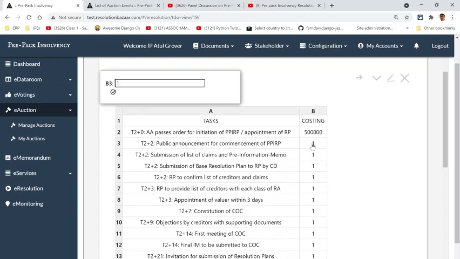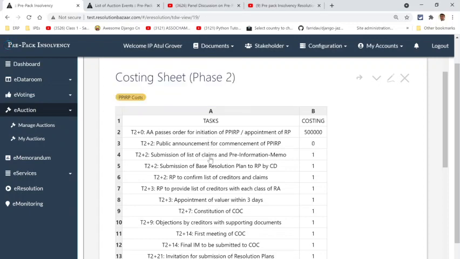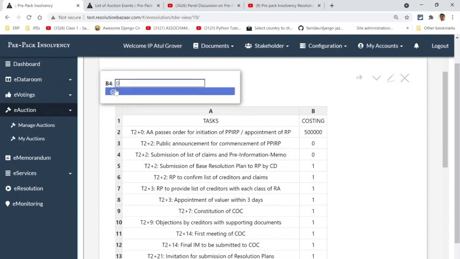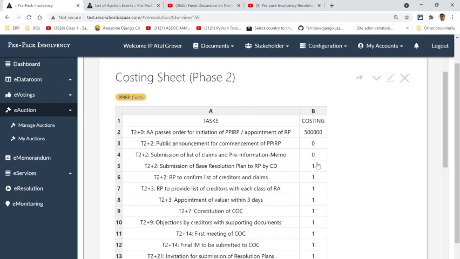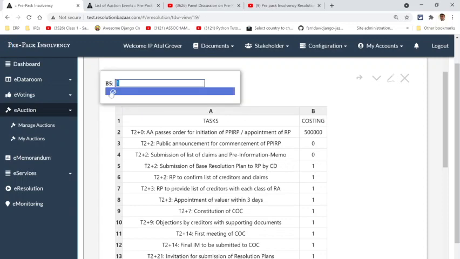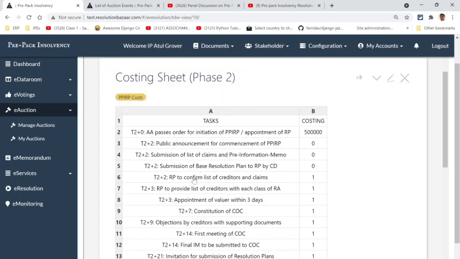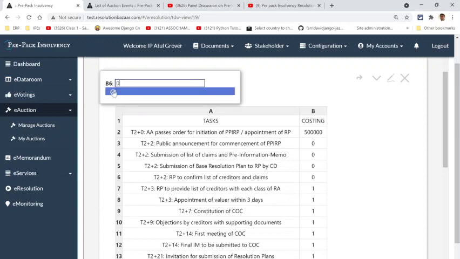Now, public announcement is not taking place in the newspaper, so it's not going to cost us anything. Submission of the list of claims and preliminary information you've already made, so you're just handing it over to him. Submission of the base resolution plan, again you've already made it, you're just handing it over. The RP is to confirm the list of creditors and claimants. Yeah, so the list will also be handed over to him.